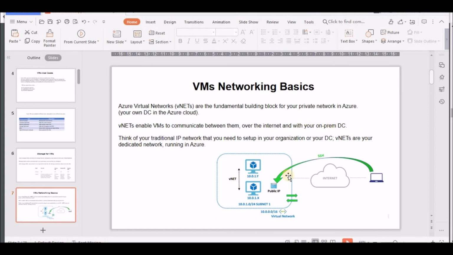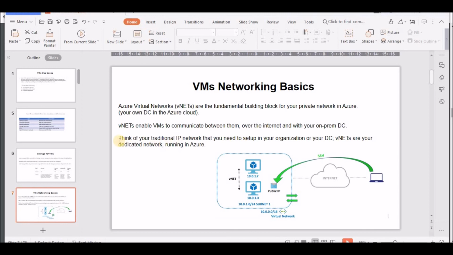So you can make use of this virtual network, and one virtual machine can talk to another virtual machine. How are they going to talk? By using a private IP address. Okay, for every virtual machine you have launched, there is a private IP address available. By using that private IP address, they are going to talk with each other. But if they want to talk with the outside internet world, they should have a public IP address.